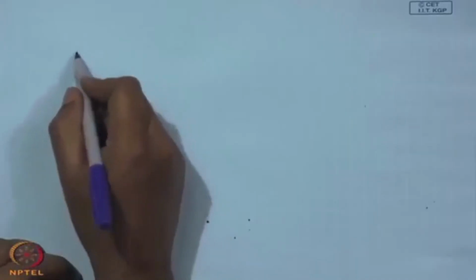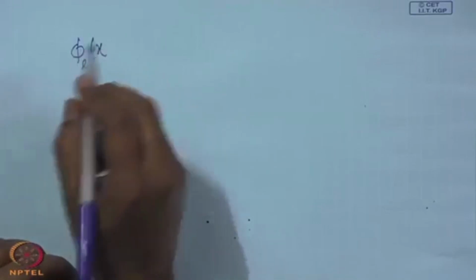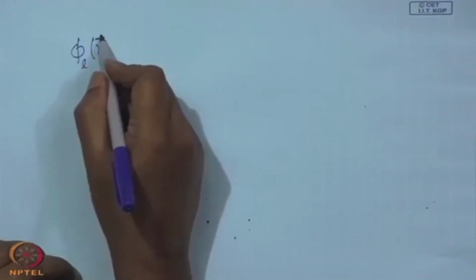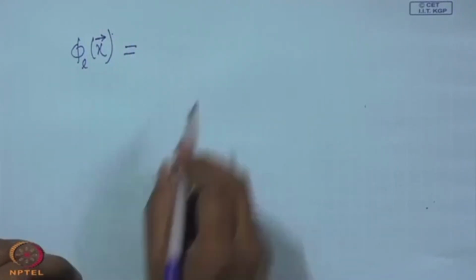Now, in this case again the solution phi e and the velocity can be very easily obtained by superimposing the potential due to a point sink and a point source, and then approaching delta x to 0. So, that phi e, the potential at any point, we will call it potential, we will see why later on. This function phi e